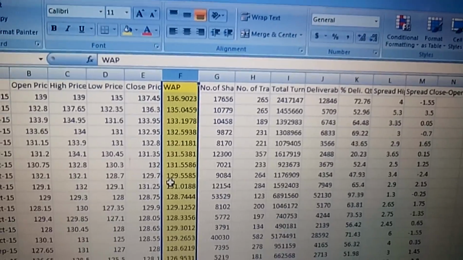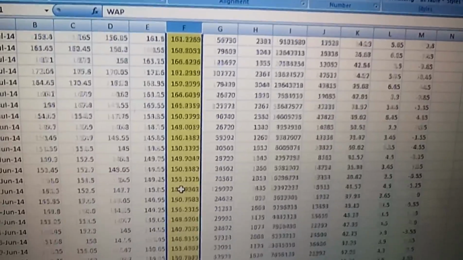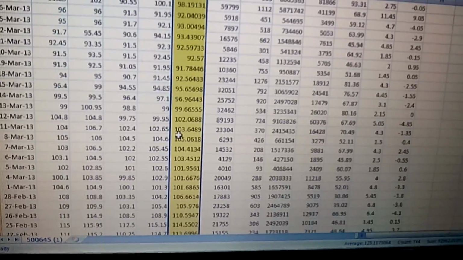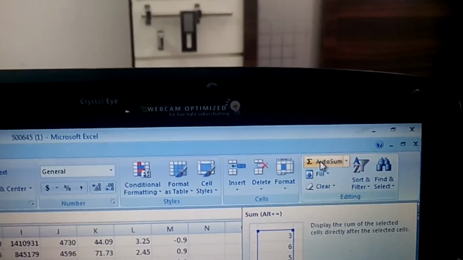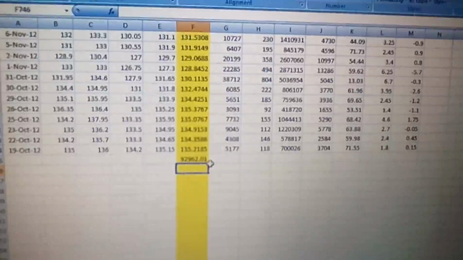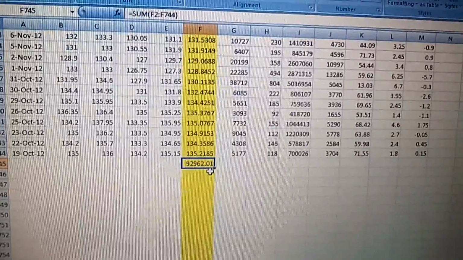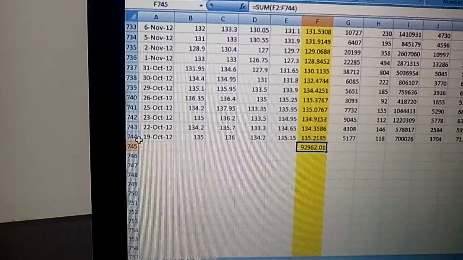At the end of this F column, click here and click the auto sum sign, and press enter. Here is the auto sum of this weighted average price. The total is 744.